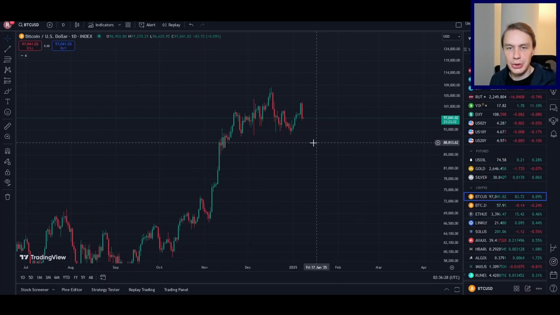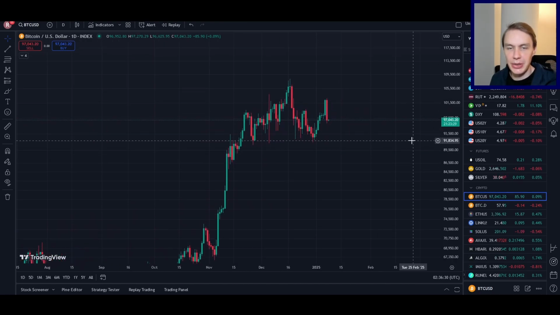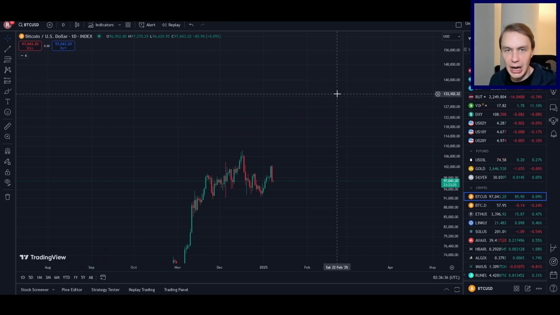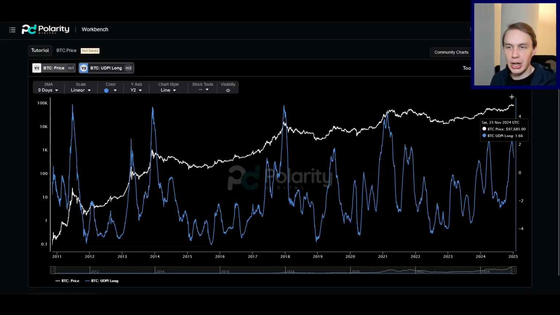So it might be boring for the short term. It might be painful, and it might not be the most exciting thing. But long term, I think this could ultimately set us up for a higher cycle top than we would have gotten to if we just shot off immediately after hitting 108K. Risk cooling off is a good thing in a bull market. I mean, look at 2017. These spikes, though they didn't get as high as these spikes we've seen here, cooling off, giving more room for that big push up. If it had just gone straight up from here, you probably wouldn't have seen 20K Bitcoin that cycle. I think the same thing applies here.